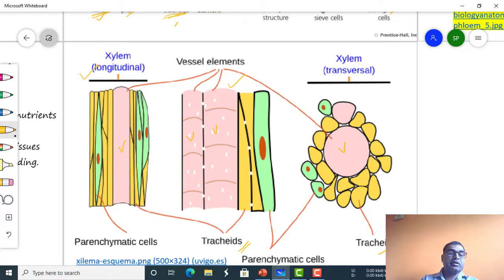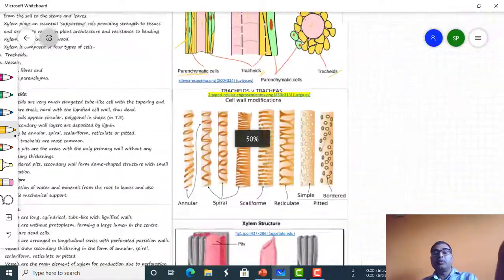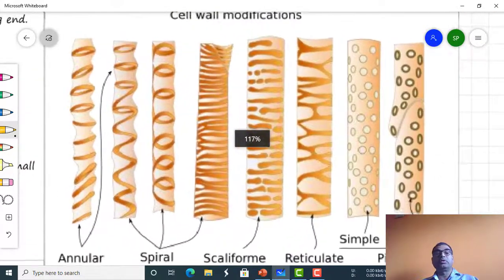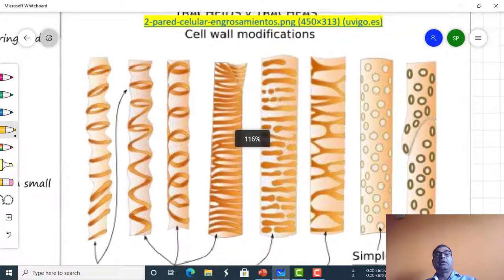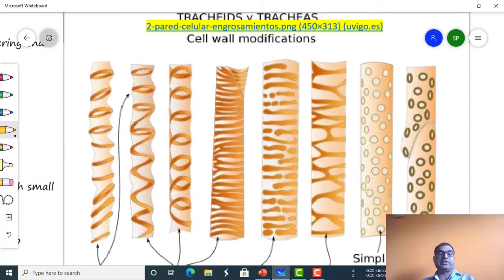Parenchymatous cells are here, this one is a parenchymatous one, while the yellowish cells represent the tracheids actually, and this faint greenish color is represented by parenchyma type of cells. So, you will come to know what types of cells and their arrangement are present in the xylem. One more figure showing the secondary wall thickening in tracheids and vessels.